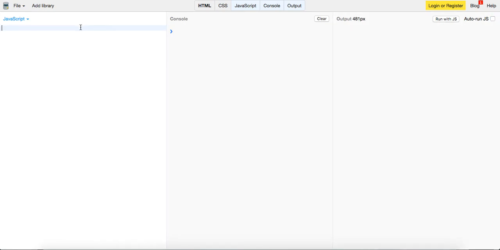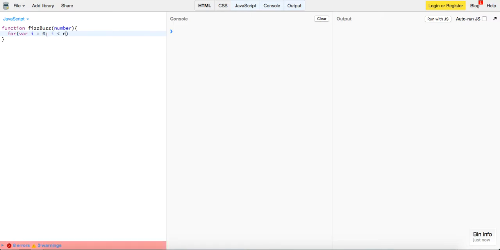So what we're going to call it is just function FizzBuzz, and basically this is just going to take in a number. And all it's going to do is iterate in a loop as long as it's less than the number, and we're going to check on some conditions. So first one we're going to do, remember how I said it employs some logic, we're going to say if i is divisible by 3, triple equals 0, and i is divisible by 5, triple equals 0,